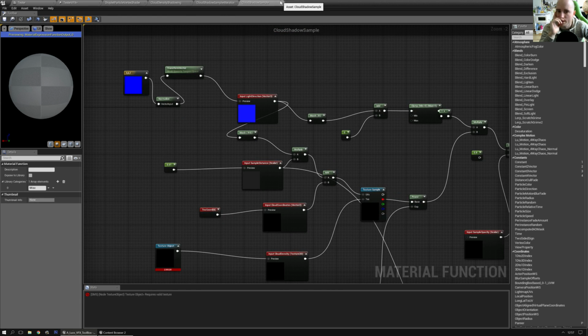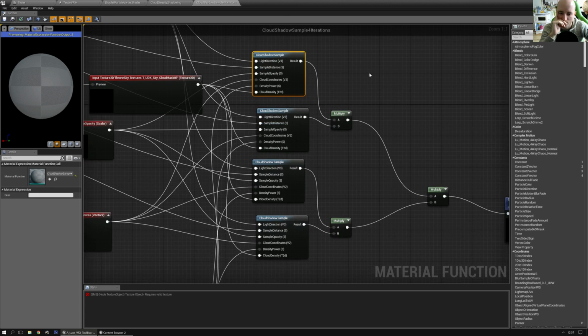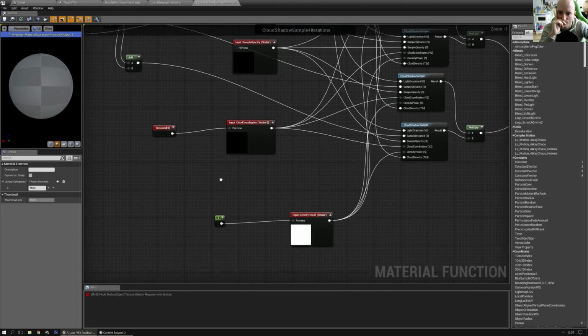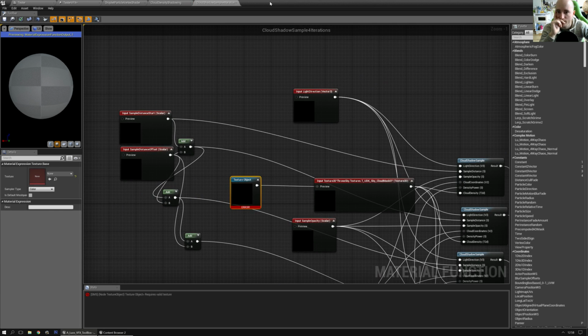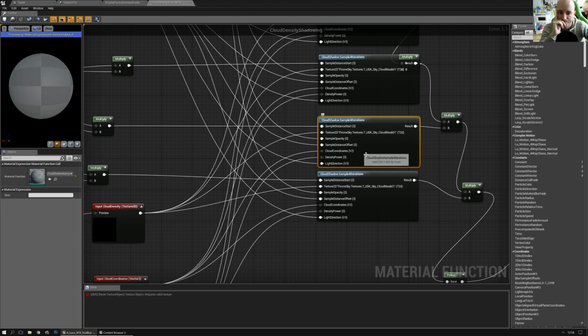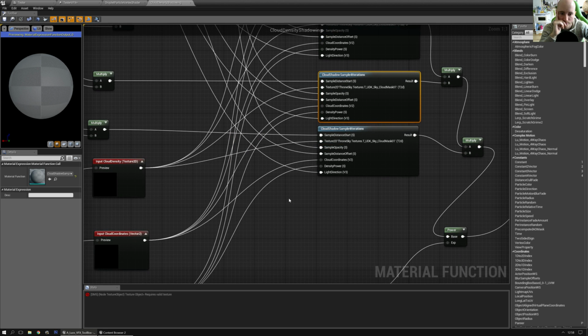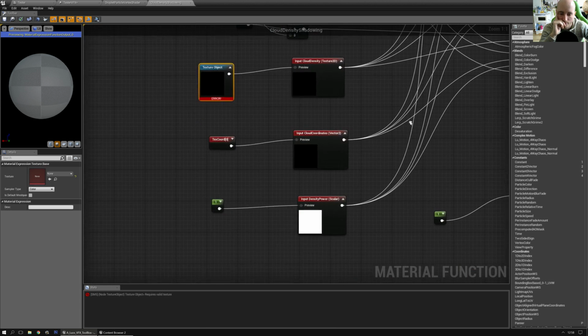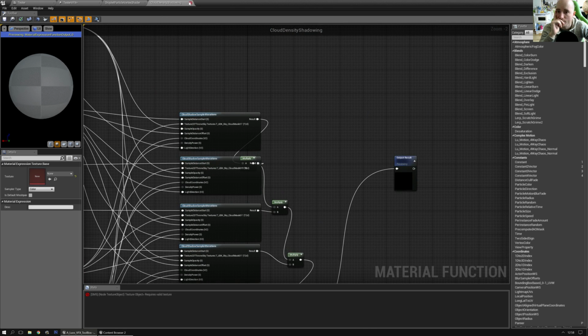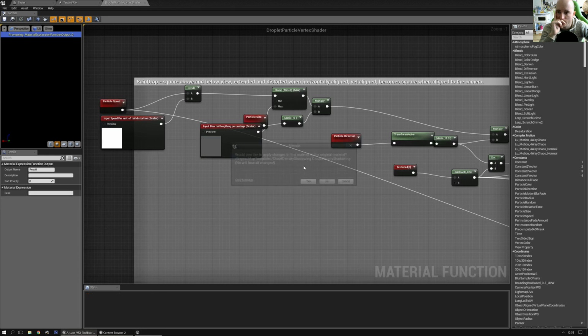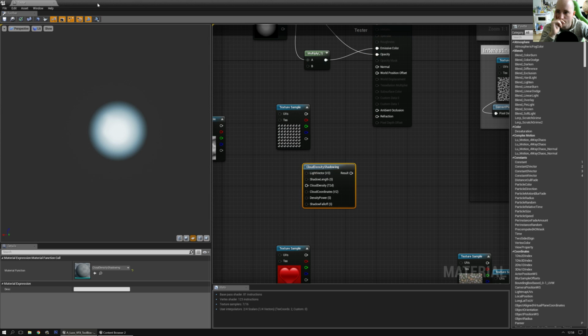I don't understand. I mean, I understand that they are hidden, but clean up the master material, material functions, please, man. Need some kind of cloud texture, so I guess we can double check that, but